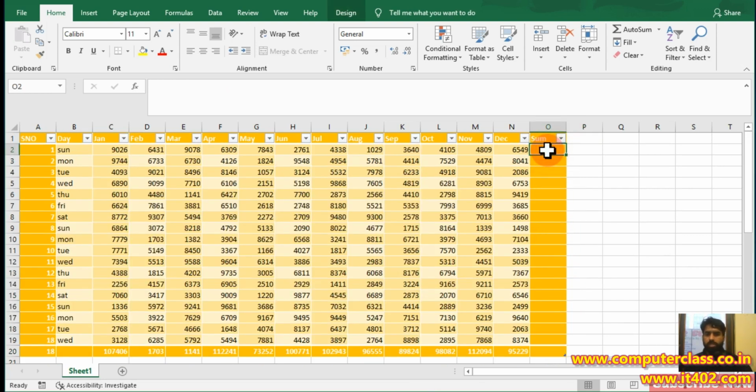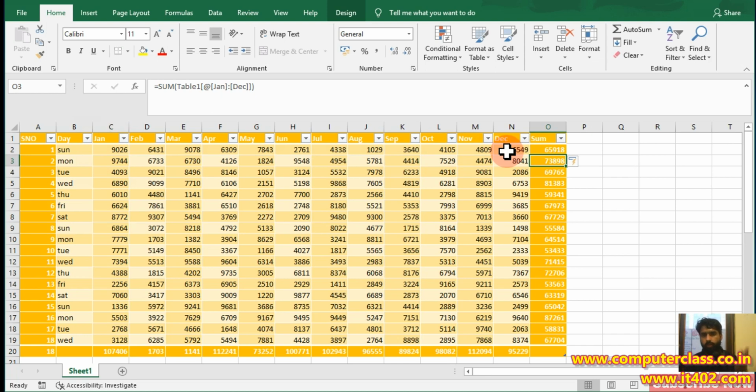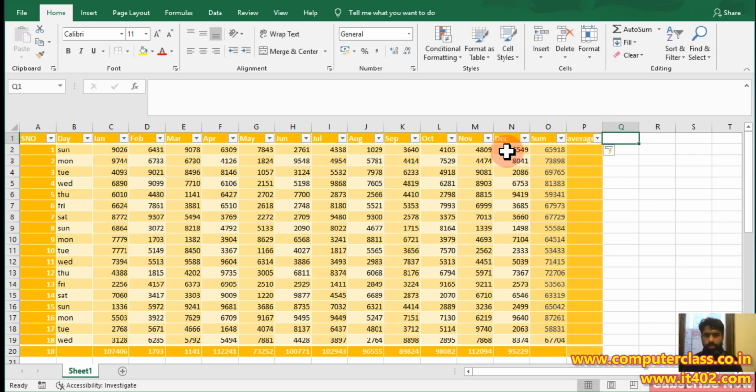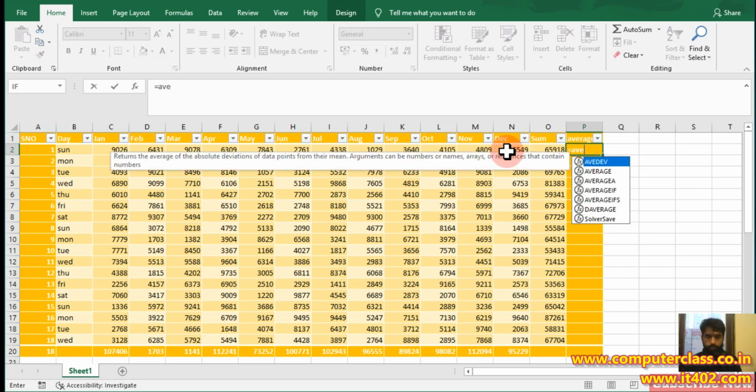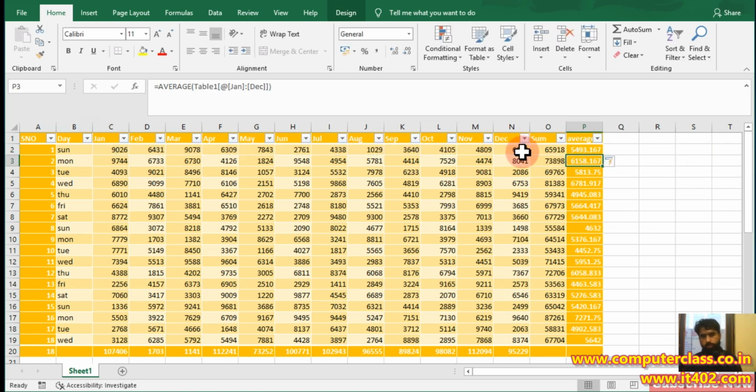But in format as table options, when we have already selected particular data in the form of a table, we can do this task easily. If I use equal to sum and give the range, see on the screen what will happen. It will automatically give the sum for the entire table. So this is the best option. The table format will also extend automatically when you add any column. Here I want to put the average, equal to the average formula. I just put the range, and if I press enter, it will be filled automatically for all the records. So this is the best way.